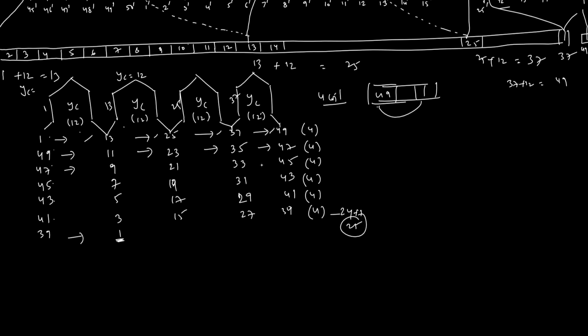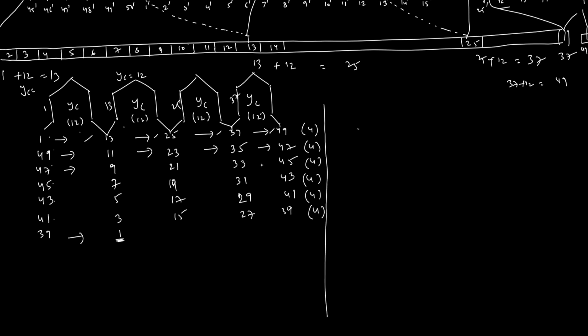Now let us see the other winding. This is one coil. Now let us draw the other coil numberings. We will be starting from 2. Here Yc equals 12, so we end at 14. Again Yc equals 12, we end at 26. Again Yc equals 12, we end at 38.